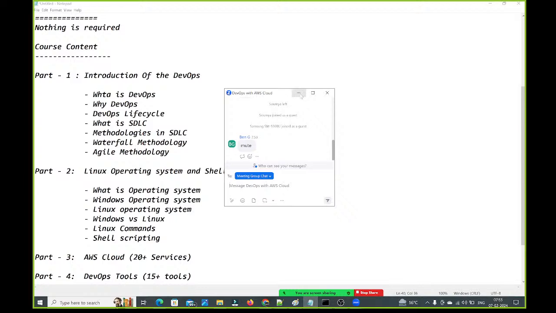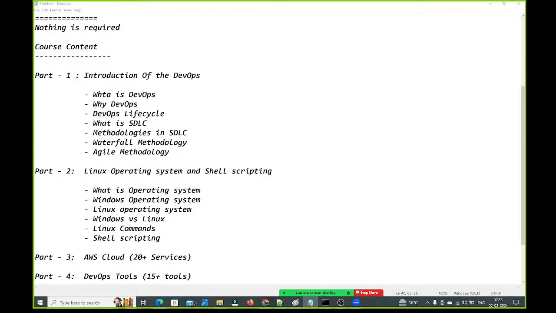Maybe Ben is asking, see, guys, shell scripting. By using shell scripting we are going to do the deployments also, guys. That also I am going to cover. In Jenkins we have CI and CD, continuous integration and continuous deployment. That continuous deployment part we can take care of by using shell scripting also, or else we can use some of the GitOps tools like Argo CD to do the deployment, guys.